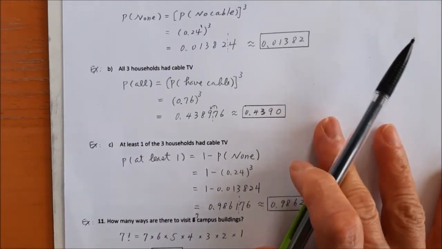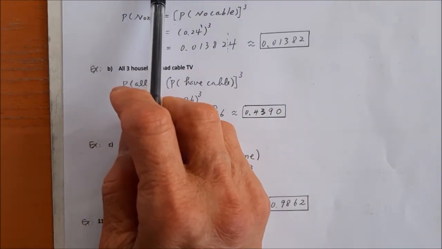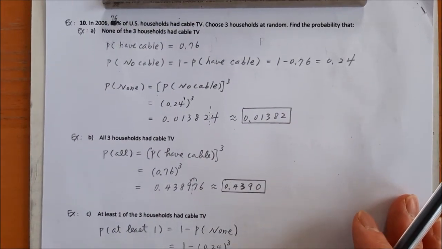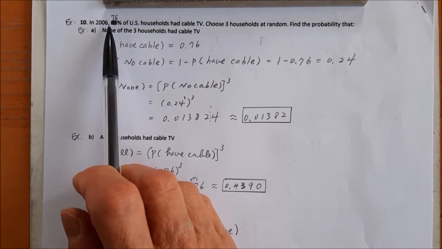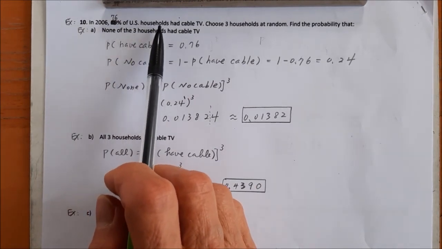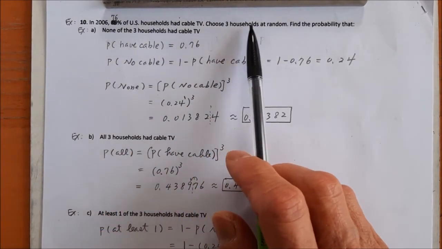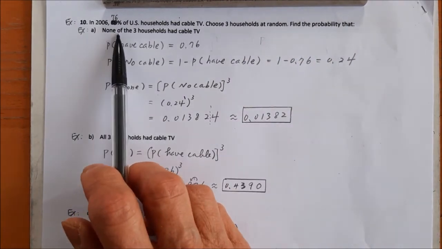In 2006, 76% of U.S. households had cable TV. Question 10: choose 3 households at random. Find the probability that A, none of the 3